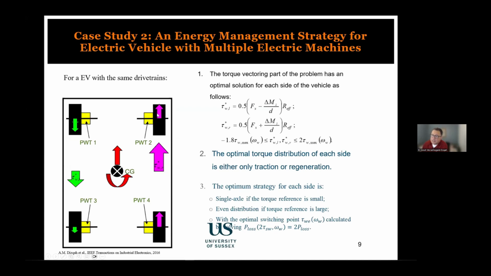We showed that the optimal solution of each side is either single traction, meaning using just one of the motors, or even distribution, meaning using them equally. Then the question would be when we should switch between them, so we formulated an algebraic equation whose solution tells us the torque of the switching. By increasing the torque, there is a specific point, depending on the speed, at which you should switch between even and